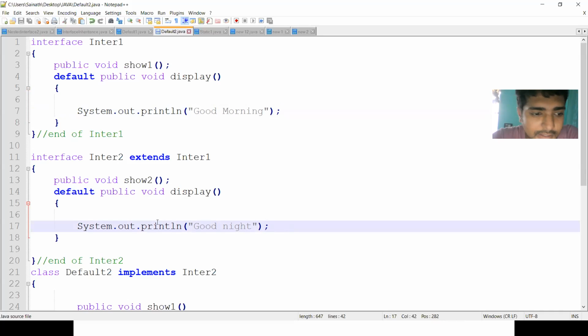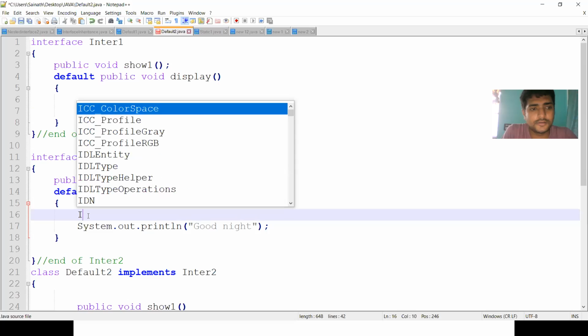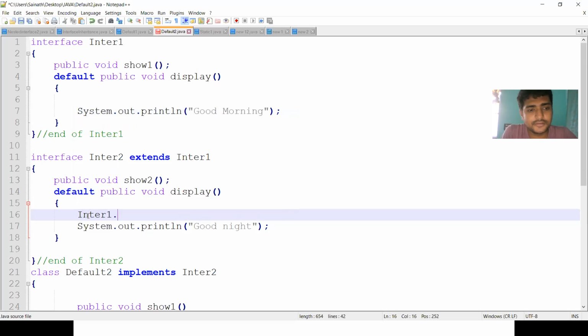Here with interfaces, we have to write the interface name also: inter1.super.display; this is the syntax for displaying the base interface method. We have to write this in the second interface's display method.